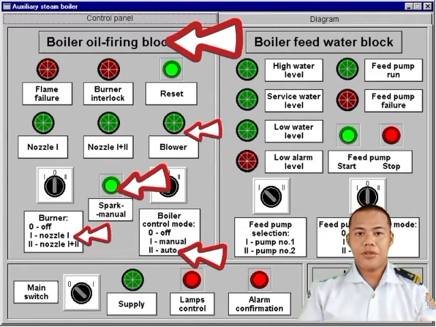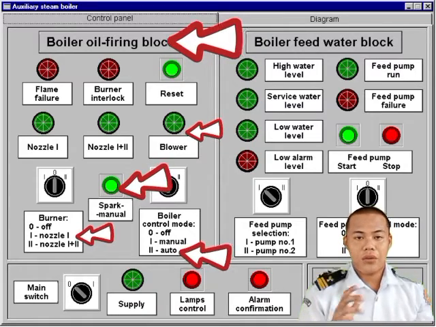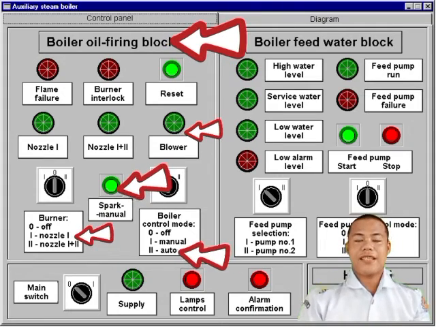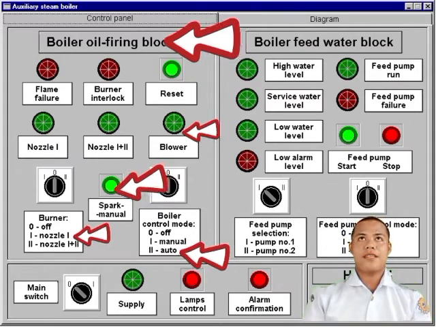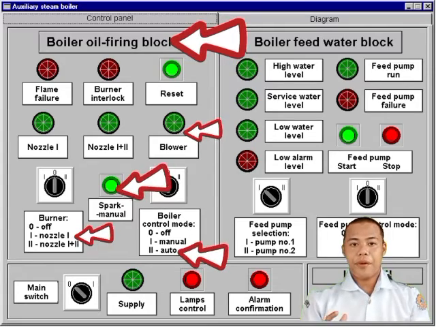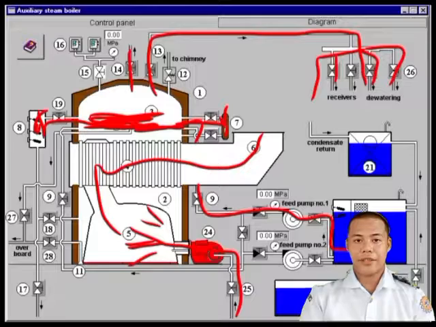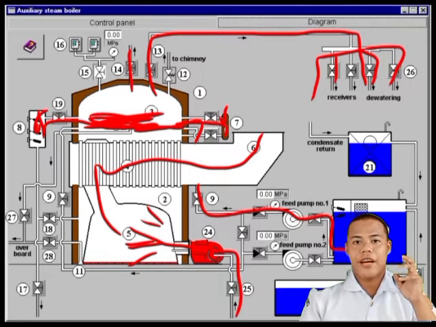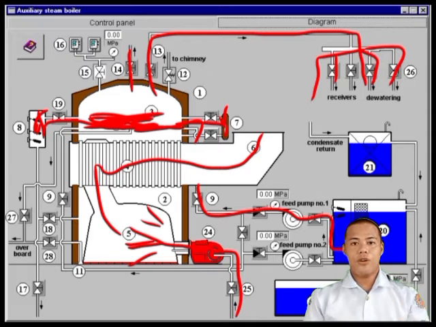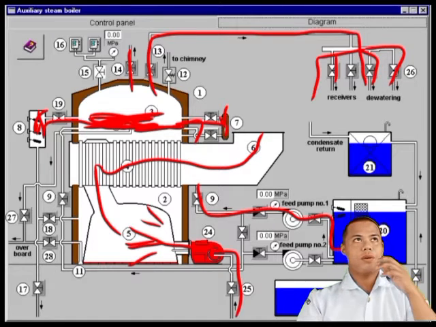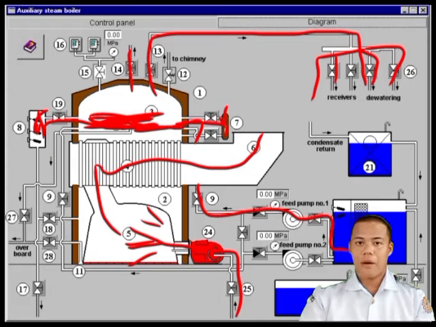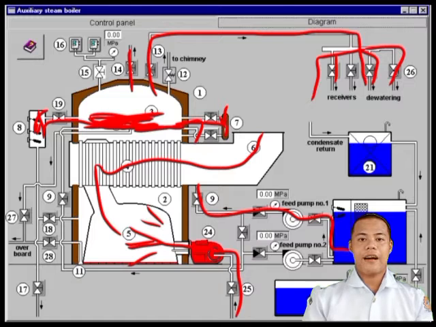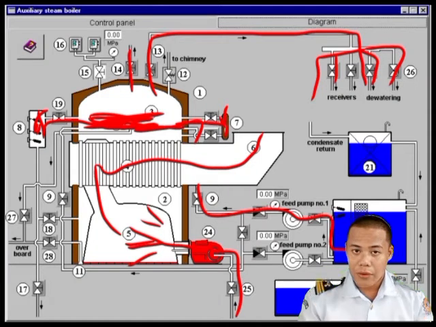If the boiler control mode is set into auto mode, then the igniter would automatically ignite once it is okay to ignite. So once it sparks, then the operation of the boiler is now started. But we must first do what we call the intermittent firing. That is the on or off of the burner in order to warm up the boiler tube to avoid damage. So when there is steam created, then the steam would go out to the air vent, and